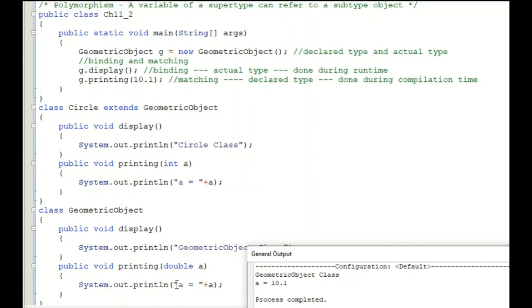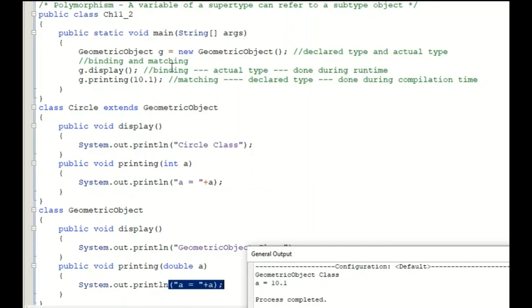So here the double value is printed using this method. So this method is called. Is it fine? So for matching, the declared type is used. For binding, the actual type is used. So this is the idea of binding and matching.